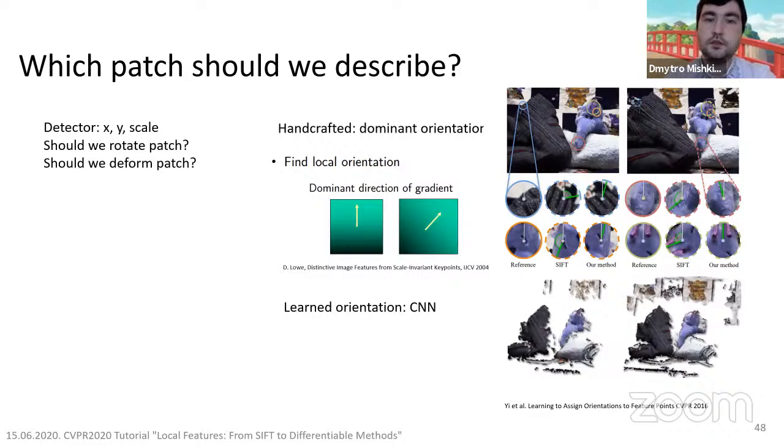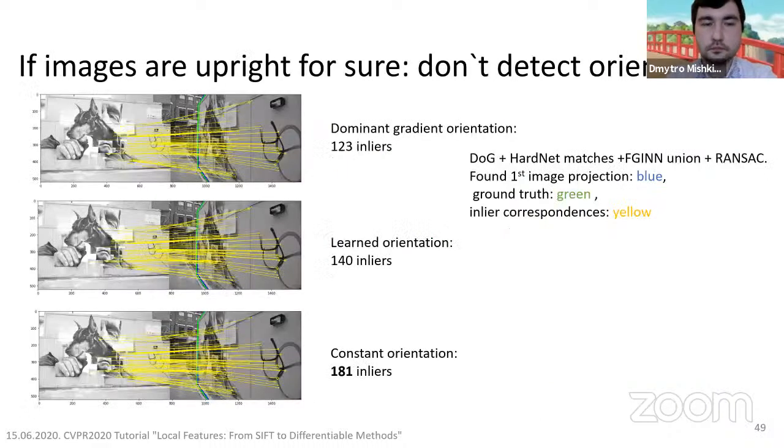and in most smartphones you have some EXIF data to correctly rotate this. Yet sometimes it's not the case, and we would like to detect some orientation for the features, and you can do it quite easily with some handcrafted things like the dominant direction of the gradient. This is an example: this is from dark to light, and if you rotate this, it rotates as well. Or you can train a neural network to output your